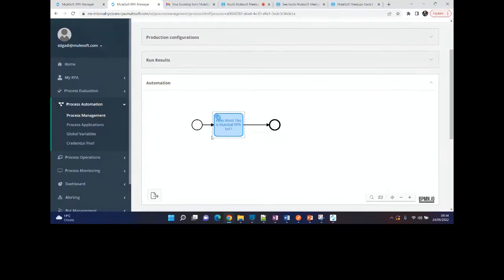This is coming by default. These two activities: you have the start activity and then a message activity here, which just gives a pop-up and says hello, and then there is the end of this activity. So it's a very simple and very basic RPA process that is created here in the BPMN.